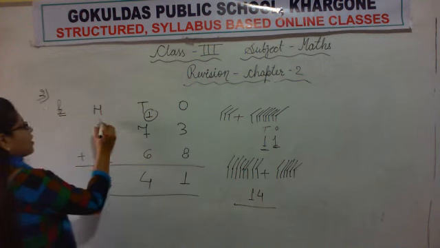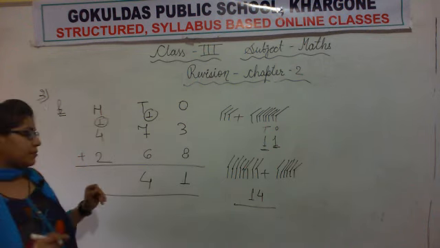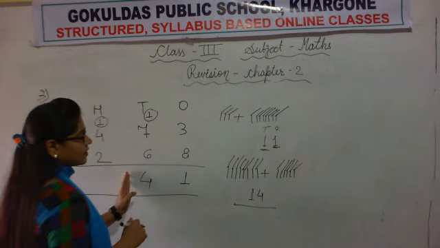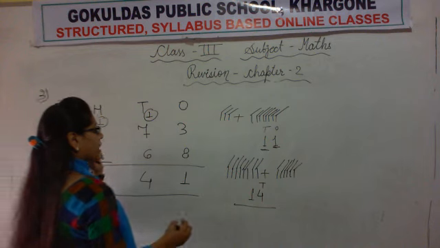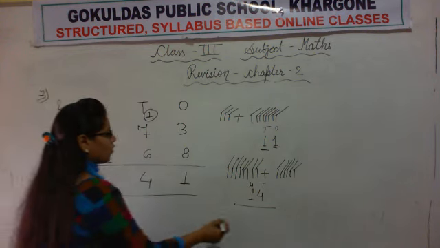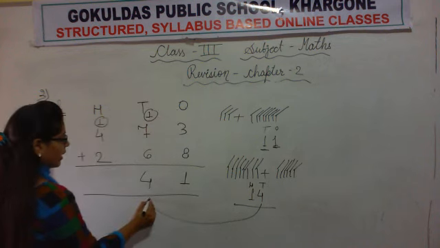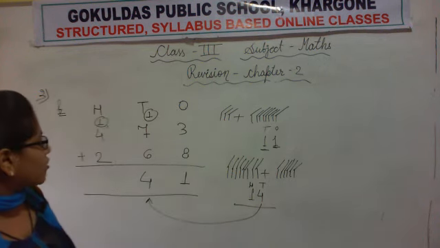So this is how you have done. Let me explain one more time. We added tens, so we wrote tens. We will write tens here, and what comes after tens? 100. Or simply, what we can do, the last digit we can write here, and the other digit we will write in the form of carry in the next column.